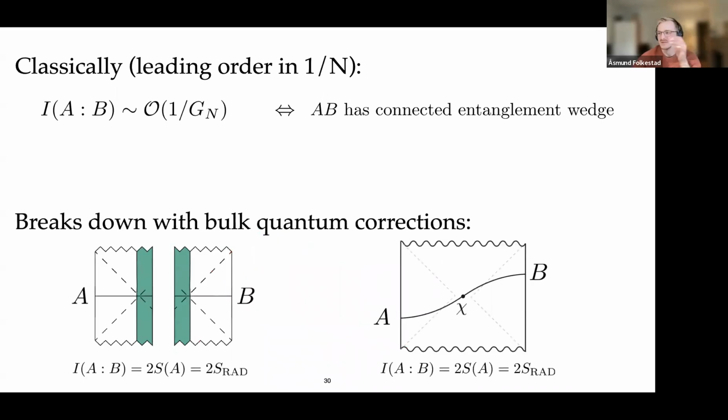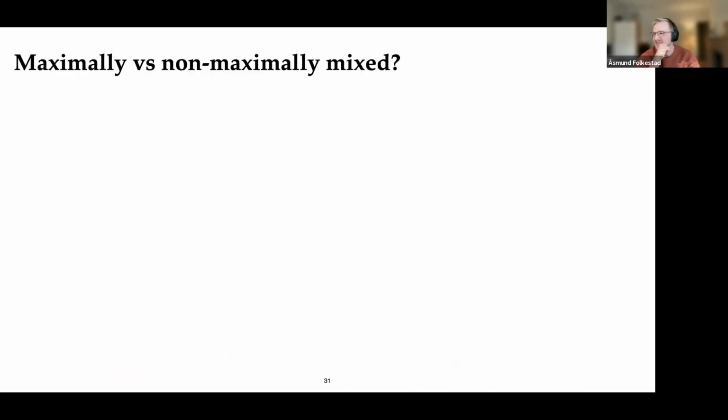But now we've just shown explicitly that this doesn't work semi-classically, because in our setups we had bipartite pure states. So the mutual information is just proportional to the entropy itself, which is equal to the radiation entropy, and we picked points on the Page curve so that these two are the same. So the mutual information between the two sides is the same. So maybe we should try to look for some other diagnostic that can tell us whether we'll get the connected spacetime or not.